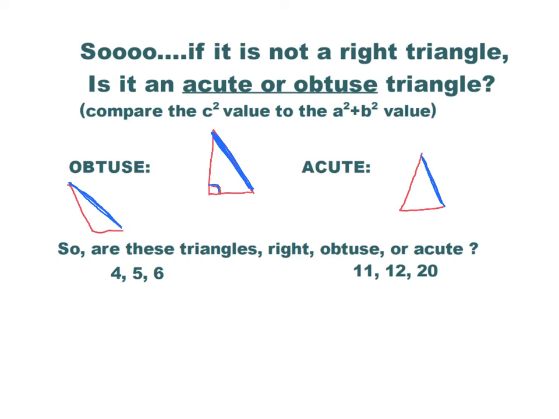So let's put this in our notes. I don't know if you put all those little triangles. You don't have to have those triangles. But ultimately, for it to be obtuse, c squared is going to be greater than the a